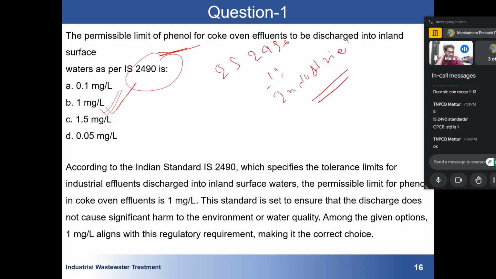Okay, I hope you have got it. It will be 1 milligram per liter only, not 5 milligram per liter. Change that in the PDF. Okay, now